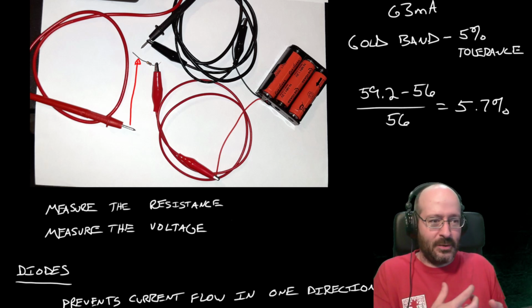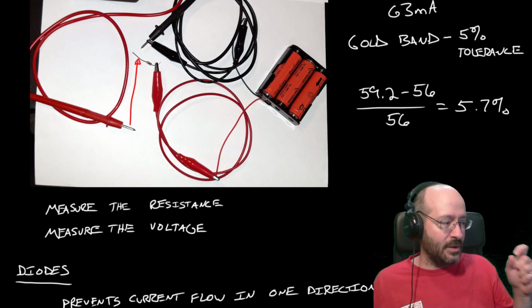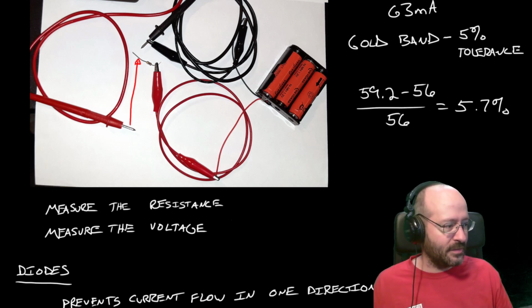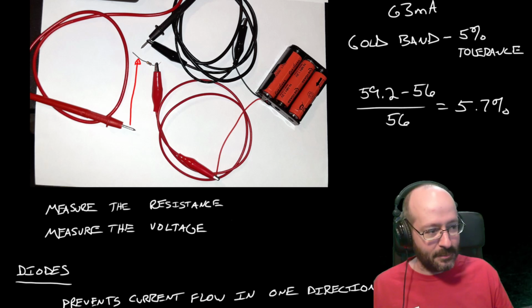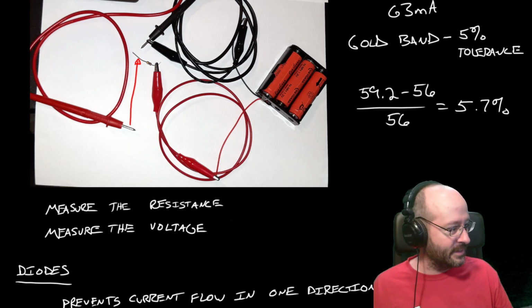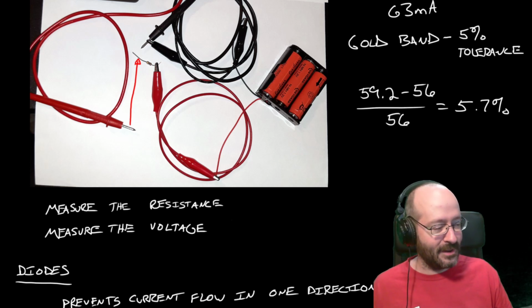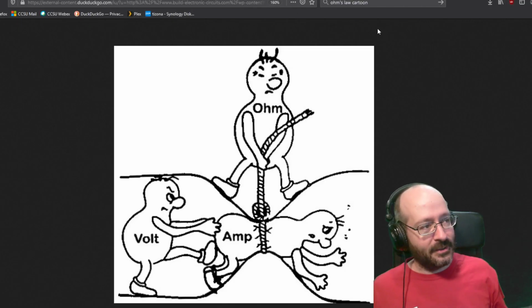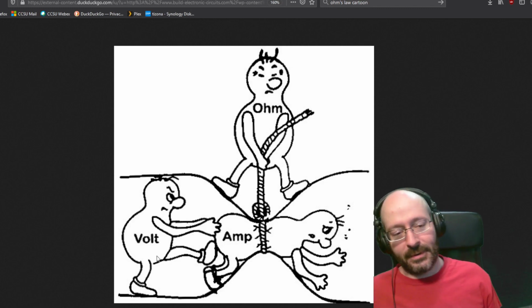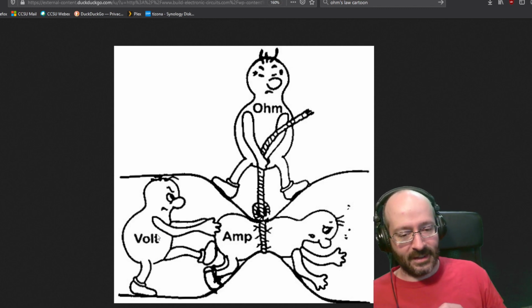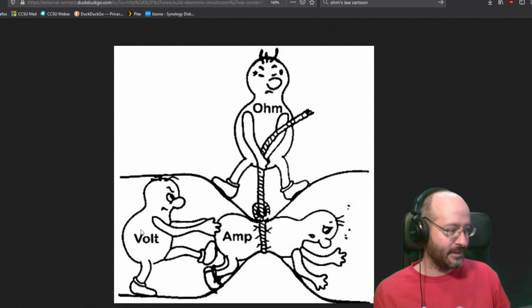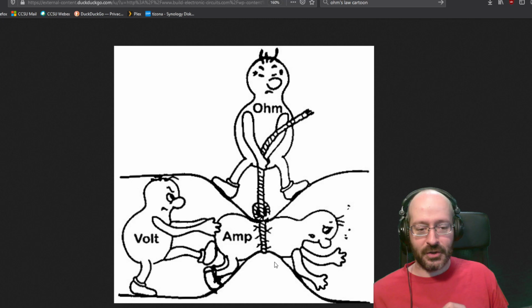resistance is this relationship between how much energy we're dropping and how much current's flowing. There's a cartoon that makes its way onto Reddit pretty regularly, and I'm trying to find a good one that kind of graphically shows these. It is a cartoon, and I think you can understand it better than this. But the relationship between voltage, current, and resistance is that voltage is the thing doing the pushing. The flow of charge in amperes is the thing being moved, and then the resistance is